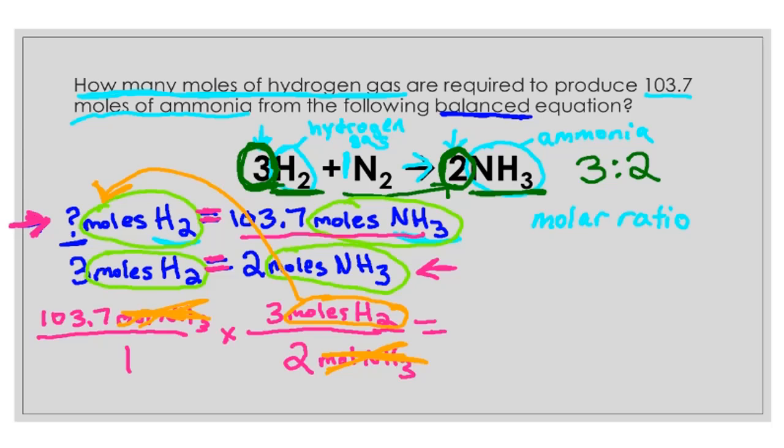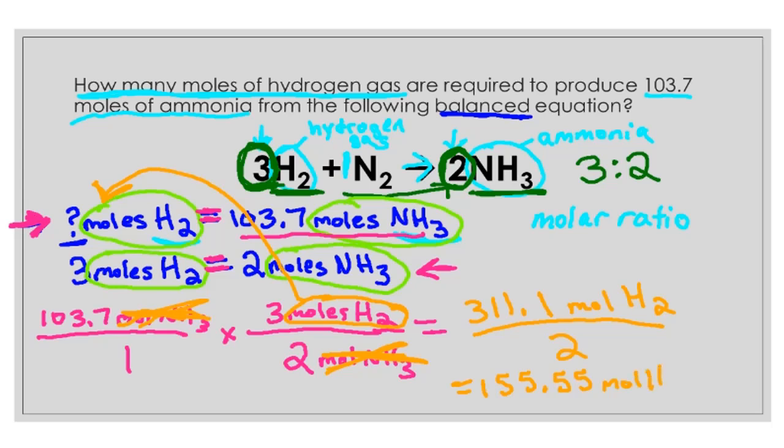Now we can just multiply across. 103.7 times 3 is 311.1 moles of hydrogen gas over 1 times 2 is 2. So we need to take that 311.1 and divide it by 2, and that's going to get us 155.55